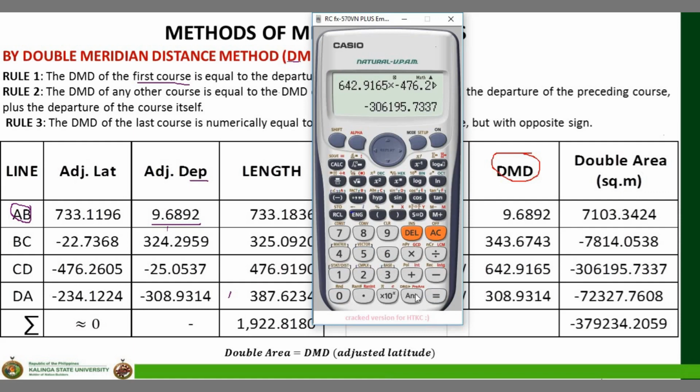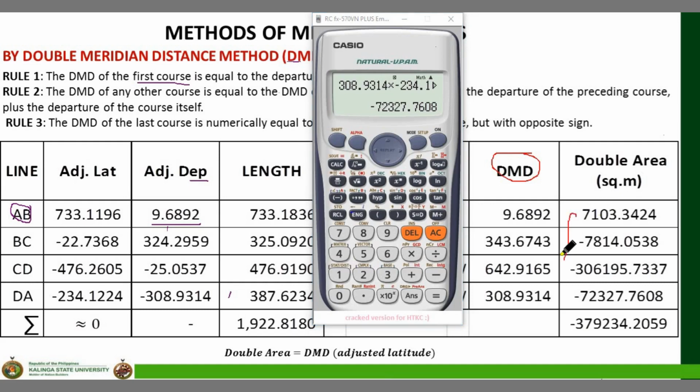And lastly, the double area for DA is equal to 308.9314 multiplied by the latitude negative 234.1224 which is equal to negative 72327.7608. After na nakuha natin yung double area, take the sum